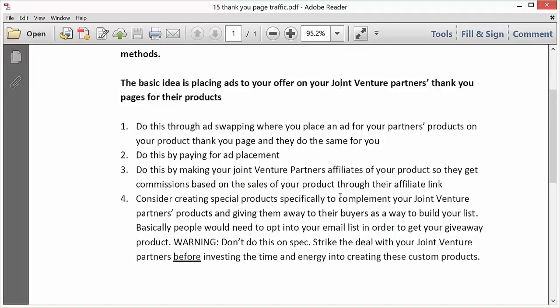So when people buy their products, then there's the thank you page, which is the page that would have the product delivery page on it, and that's where you can place ads on that page, or it could be in other places in their funnel, such as before the thank you page, maybe there's a one-time offer when people buy the first product from one